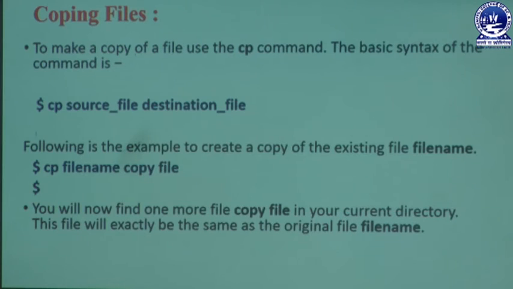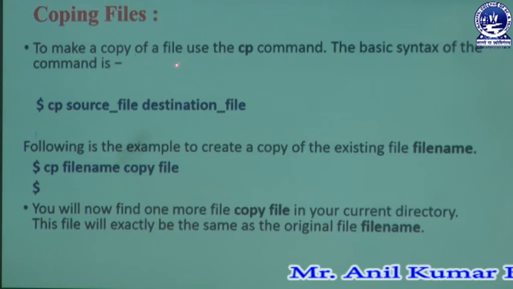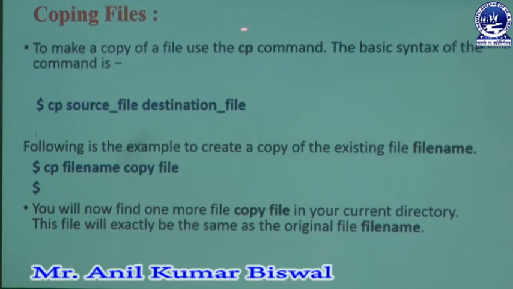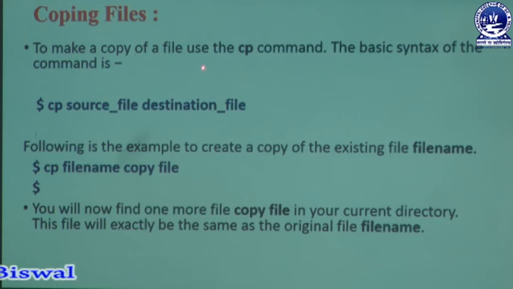Next we are going to learn how to copy a file from one source to another. In this section, to make a copy of a file, the user must use the cp command. By using the cp command we can easily copy files from one source to another using a syntax like cp. Cp means copying a file. Here we write the source file name, which is the file we want to copy from. Next is the destination section. In the destination section the user must write the second file name. That means the source content must be copied to the destination file name.